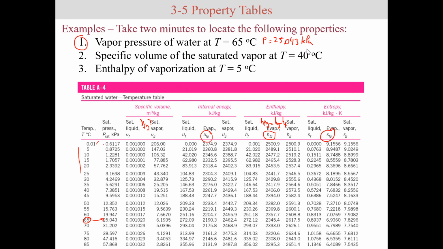Right? Okay, great. Assuming that you're good with that, part 2. I want to find the specific volume of saturated vapor at 40 degrees. So I go down to 40 degrees, and it's asking me to find the specific volume of saturated vapor. So I go down and I find my specific volume of saturated vapor at 40 degrees,